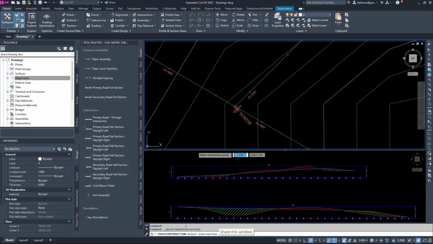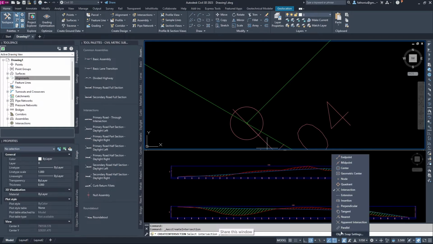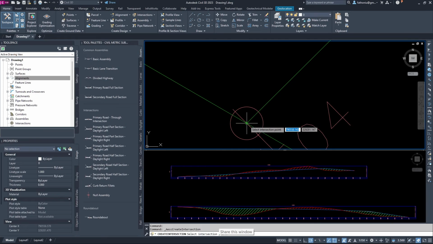It will ask you to select the intersection. So you select the intersection here. Make sure you switch on the intersection, okay, already on. So it will detect the intersection. Click, and one window will appear on your screen.